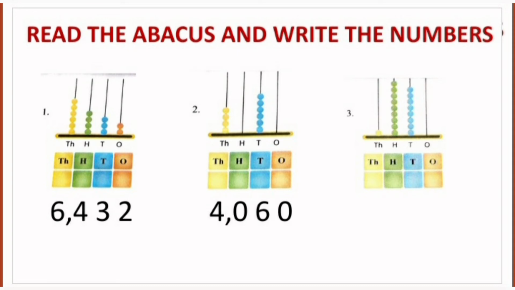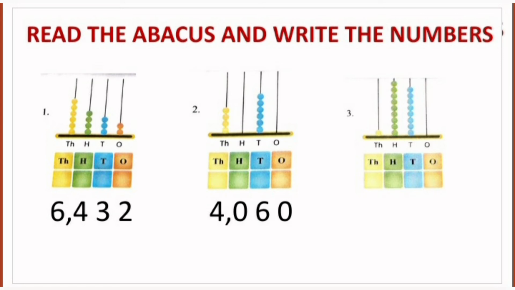Now I just want from you, how will you read the number? You know that you have to insert the comma at the correct place. So after 3 digits, moving from right to left, it's inserted, that is after 6. So before the comma, you will read the number in thousands. So it's 6,000. And now read the last 3 digits. Practice slowly. 432, it's 432. So the whole number becomes 6,432. Fine. Now come to the next question. That is, in each of the rods, you can see the beads and write the numeral.